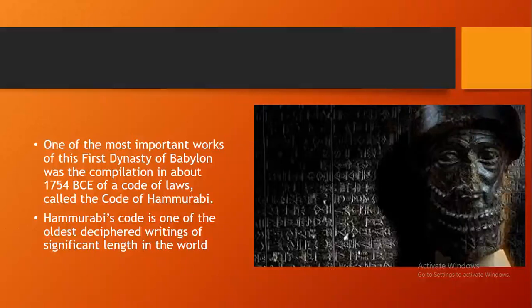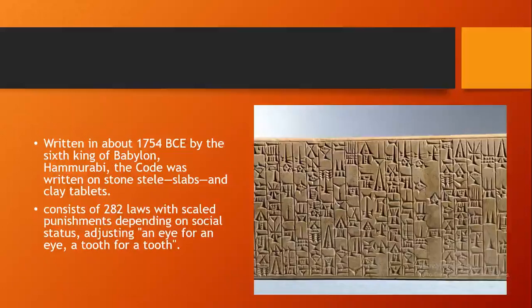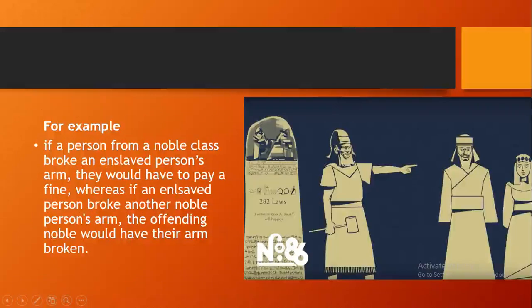Now, Hammurabi's code is one of the oldest deciphered writings of significant length in the world. The code was so detailed that it took a lot of time to decipher. It was written in about 1754 BC by the sixth king of Babylon, Hammurabi. The code was written on stone, steel, slabs, and clay tablets. It was not written in one place; it was written on a mixture of different things. It consisted of 282